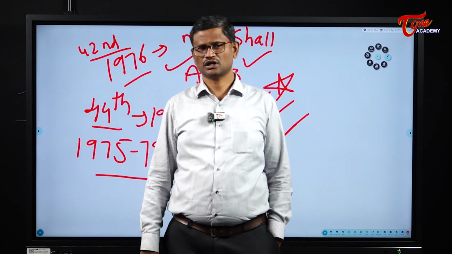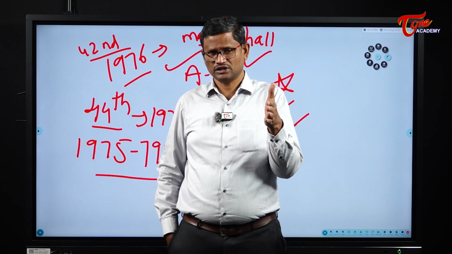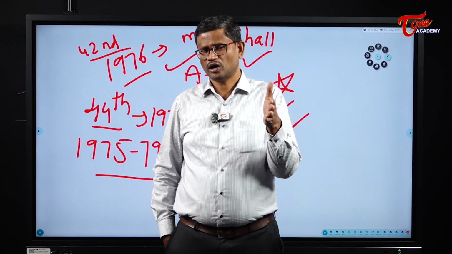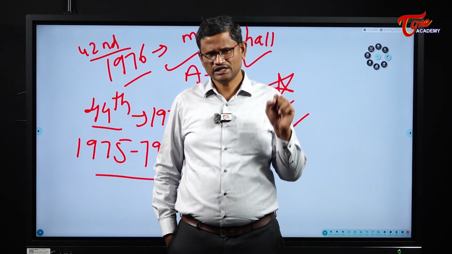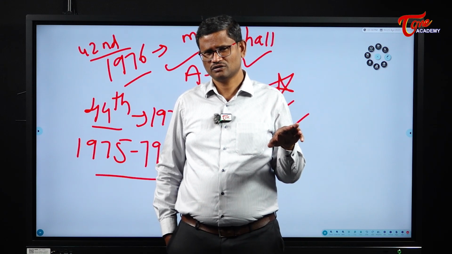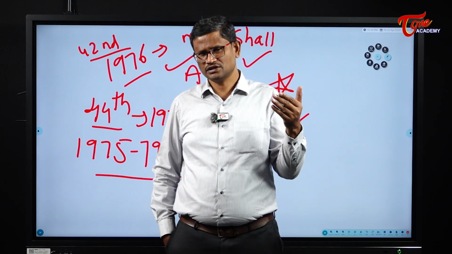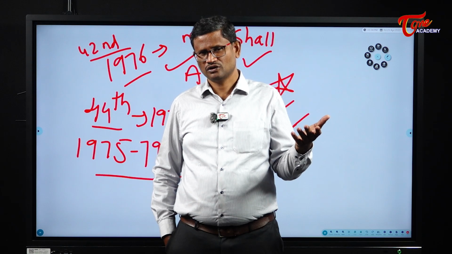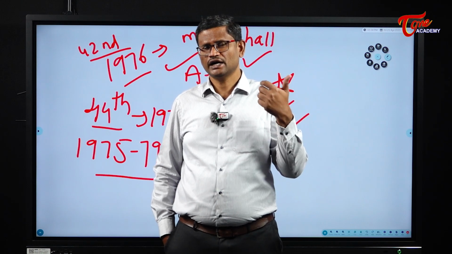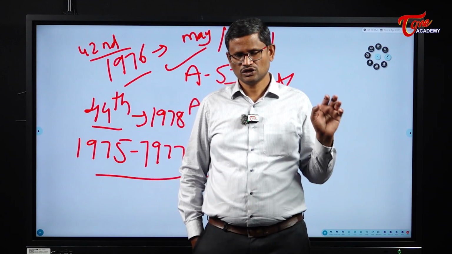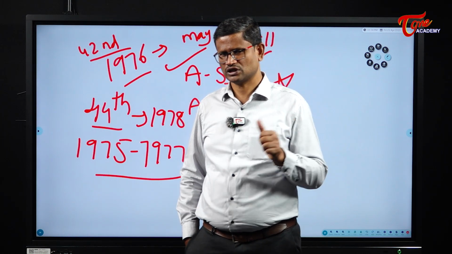Then Article 78. Article 78 speaks about the relationship between the Prime Minister and Council of Ministers. So it is the duty of the Prime Minister as per Article 78 to keep the President informed about all the matters of administration and also all the proposals of legislations. If there is any decision which is taken by a minister without being presented to the Council of Ministers, then the President in his discretion can ask the Prime Minister to put that decision taken by an individual minister before the Council of Ministers for collective decision making. That's what Article 78 says. So these are the important articles 53, 74, 75 and 78 with respect to the Prime Minister and Council of Ministers.